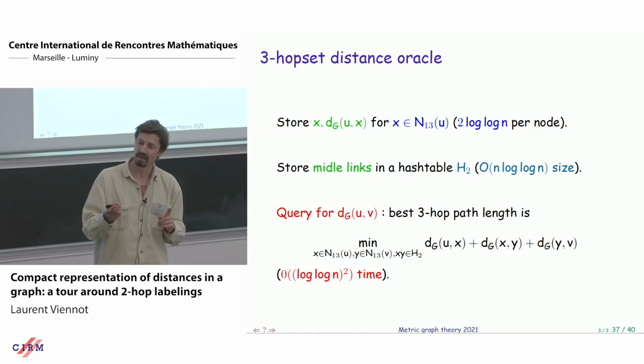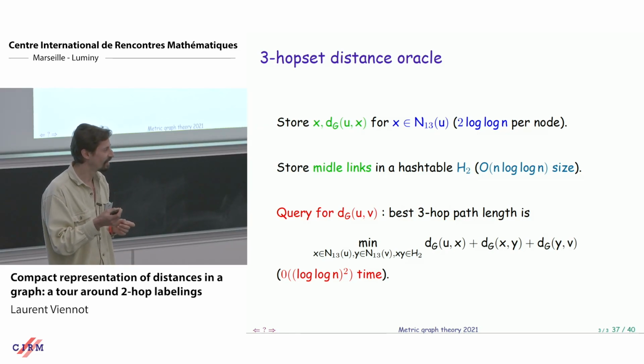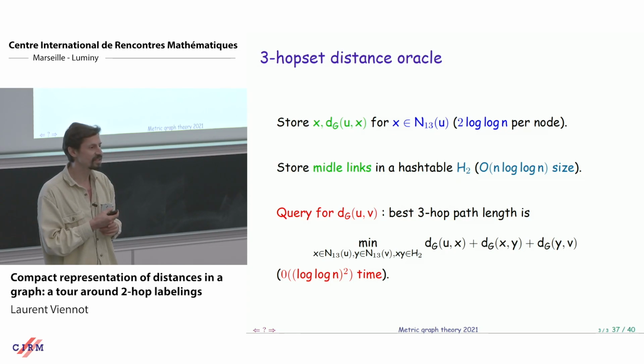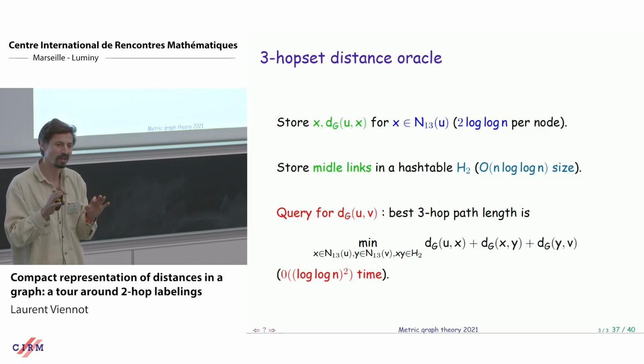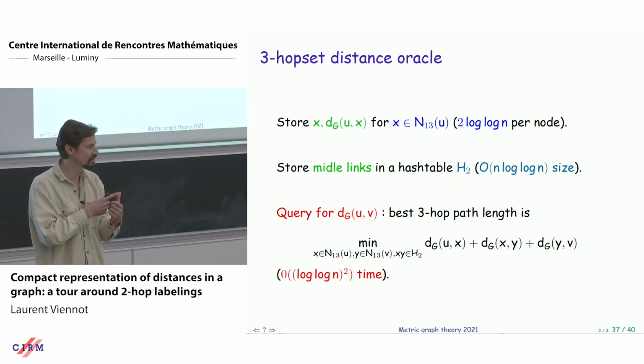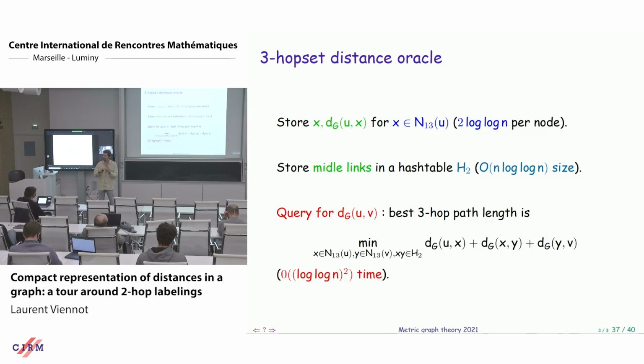So this is a very surprising situation where, using similar ideas, you get a distance oracle which is not only smaller in size, but also faster in query time. That's very unusual because often you have a trade-off: the smaller the distance oracle is, the higher the query time gets. But here, from 2 hops to 3 hops, we gain on both parameters. That's kind of surprising.